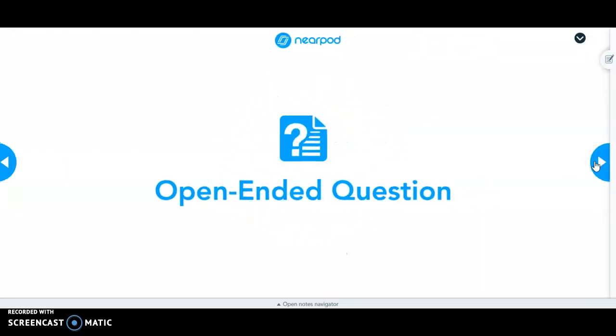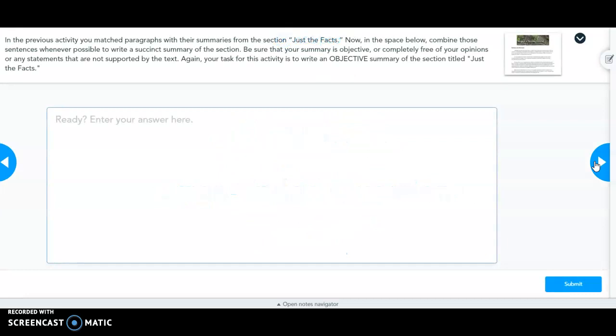All right, and then here's our open-ended question. This is where you had to type an objective summary for this specific section. So your prompt was, in the previous activity, you matched paragraphs with their summaries from the section Just the Facts. Now in the space below, combine those sentences whenever possible to write a succinct summary of the section. Be sure that your summary is objective, or completely free of your opinions or any statements that are not supported by the text. Again, your task for this activity is to write an objective summary of the section titled Just